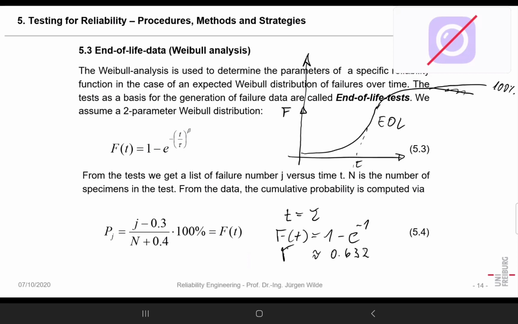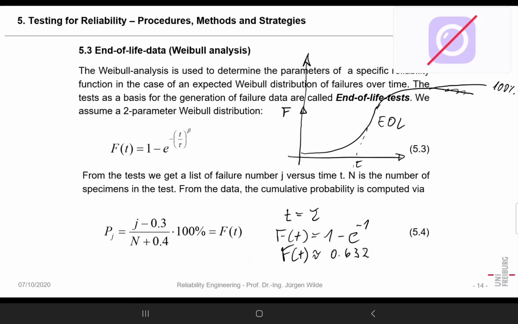So that's f of t. If we have that characteristic change, or the time constant, that means we have a change of 63%, or that means 63% have failed. In a normal distribution, how many have failed? 50, yes. So you can generally say, just as a rule of thumb, yeah.